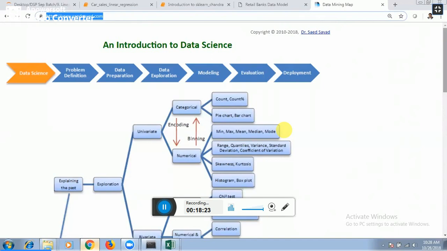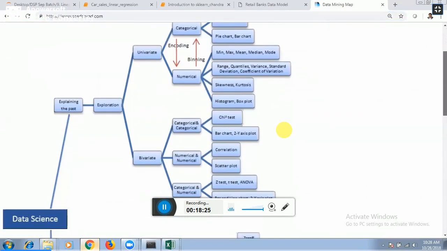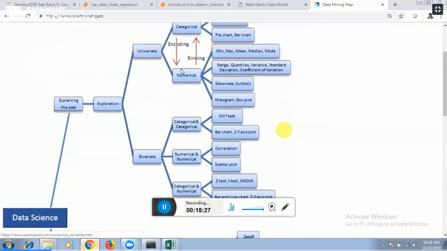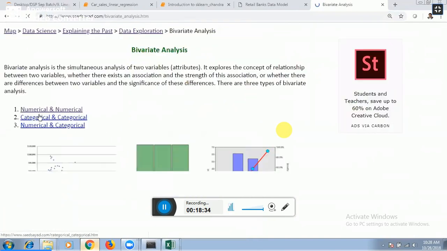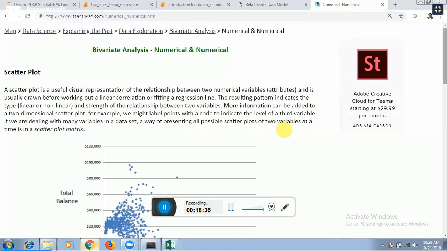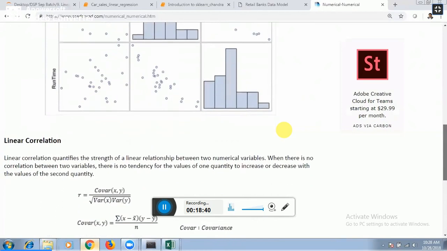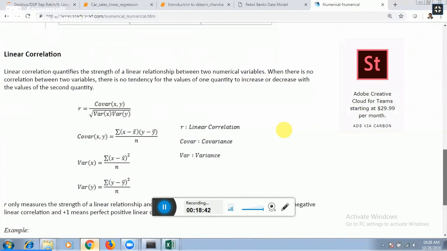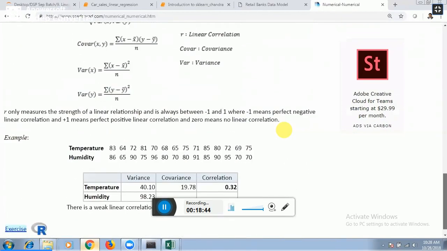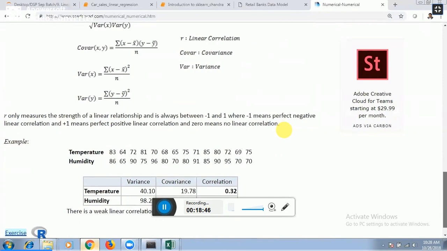The beauty of this one is, suppose whatever we discussed till now, like univariate analysis, bivariate analysis, etc. For example, I want to understand bivariate analysis. If I look at the numerical, what does my scatter plot look like, what is a linear equation, what is the correlation, how can correlation be calculated. In case someone wants a deeper dive, this website will still be super helpful,